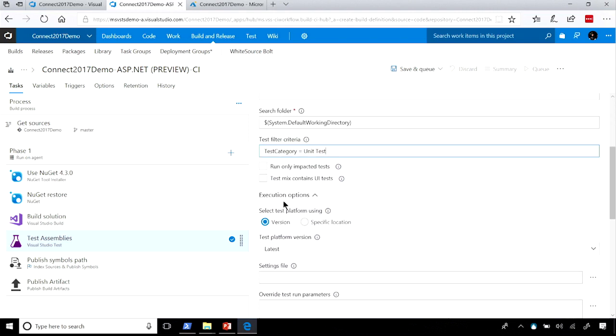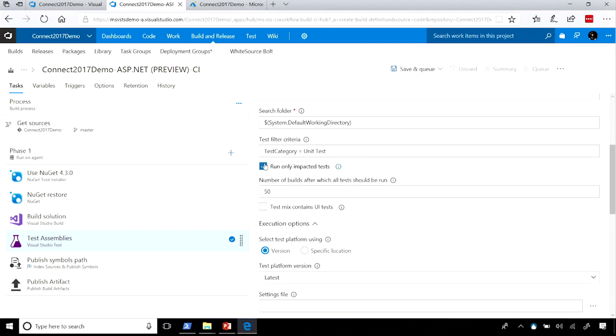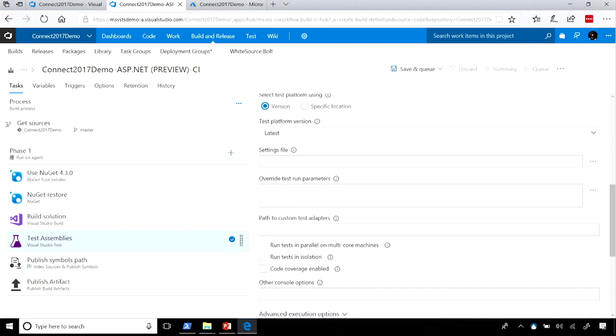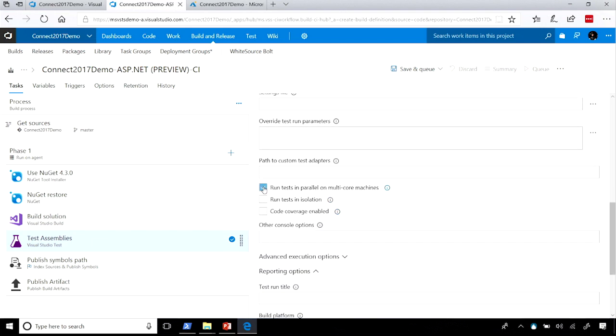Some other configurations that you can do: if you check this checkbox, it says only run tests that are impacted by the changes that you've made. So this uses test impact analysis. This could potentially save you massive amounts of time because it only runs the tests that have been impacted by your code changes, especially if you have thousands of tests. Another thing that you can do to speed up your build is run your tests in parallel. Of course, this only works with a multi-core machine. And by checking this checkbox, this will turn on our code coverage. All right, really, this is all we need to do to configure our build. So let's go ahead and save this